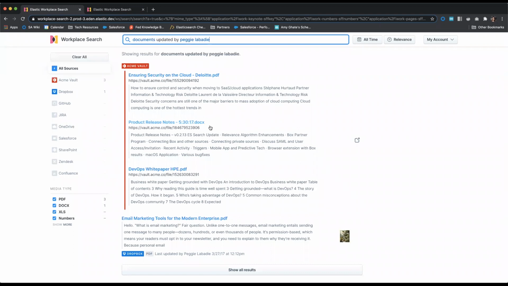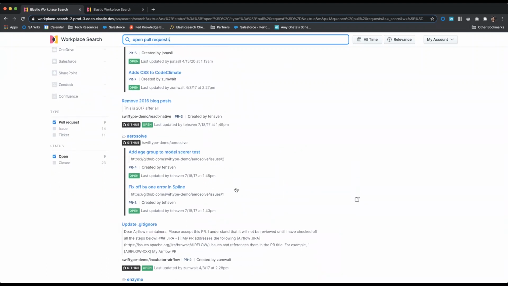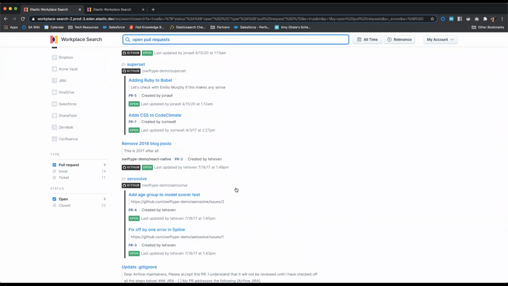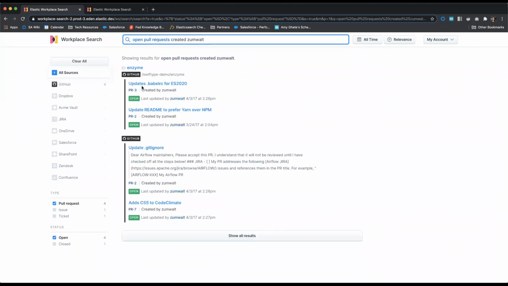In some cases, you may want to issue a search for which there's no full text search. So members of our team can also use Workplace Search. You can see the autofill happening here. Workplace Search gives high-level views into projects across platforms or even within a single tool. For example, if I search for pull requests, I get a complete view of the work that's happening within my development organization. I can even drill down per user by adding created by a user. In this case, I'll put in a user that I know, and it will filter it down per that